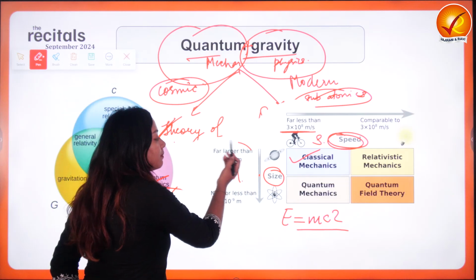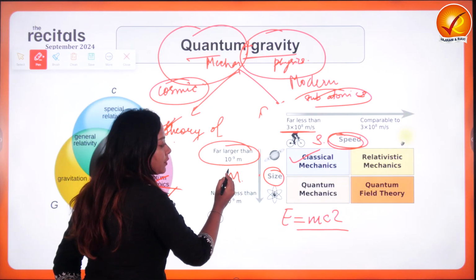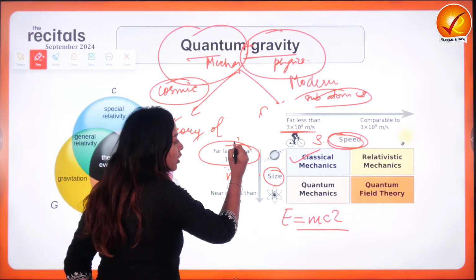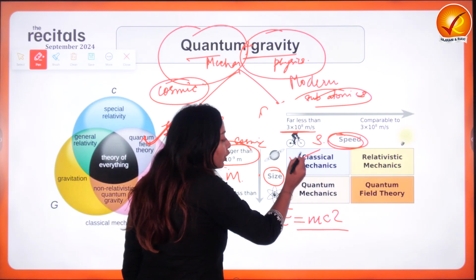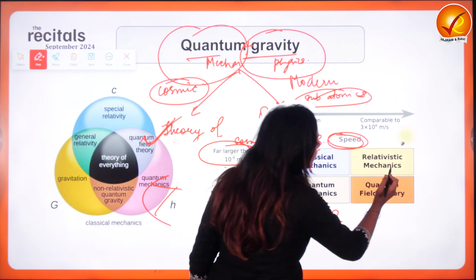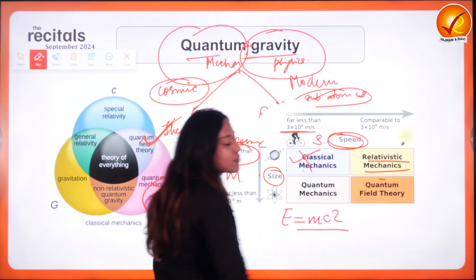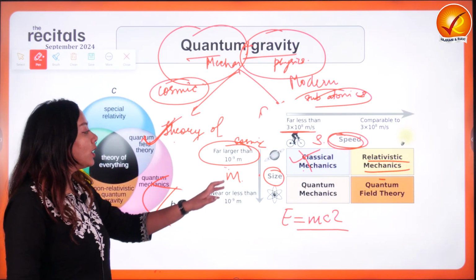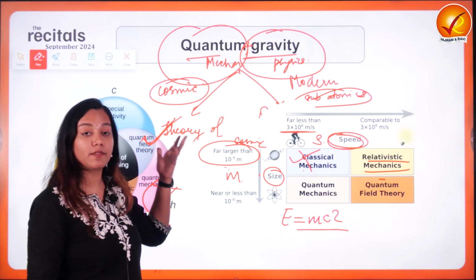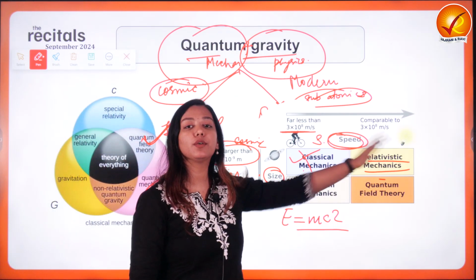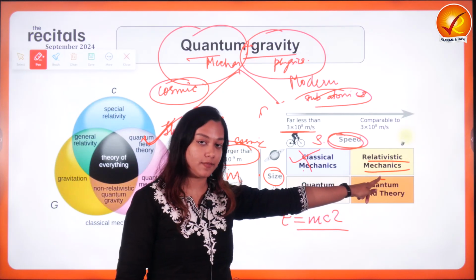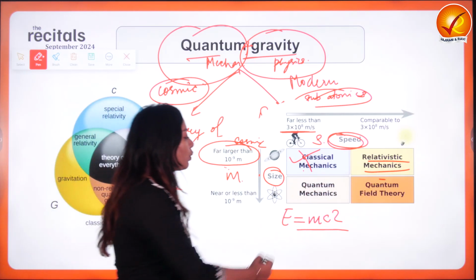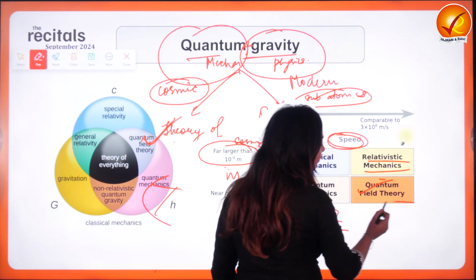Also, if it is much larger than the scale, which means if it is working at a cosmic level, then classical mechanics would not follow, and instead the theory of relativistic mechanics will follow. Therefore, if we are working at a very large object which is moving at a speed comparable to the speed of light, for example a neutron star, those will be following the relativistic mechanics. Similarly for quantum mechanics and similarly for quantum field theory.